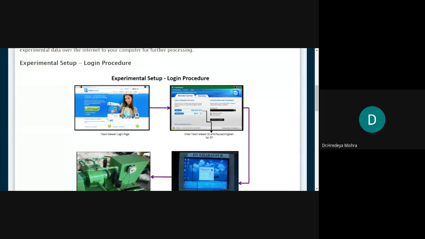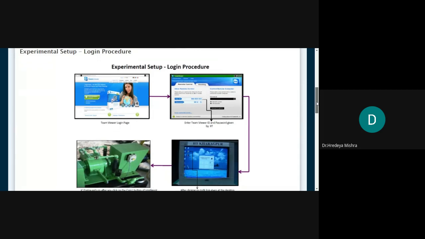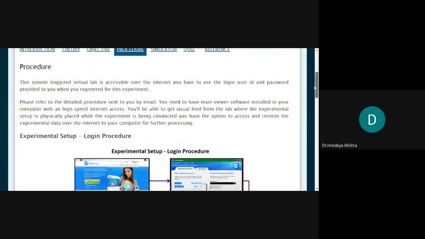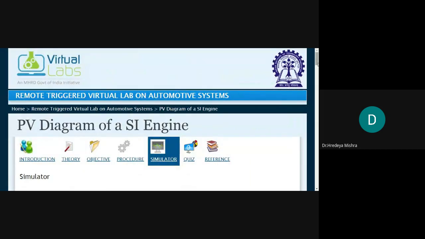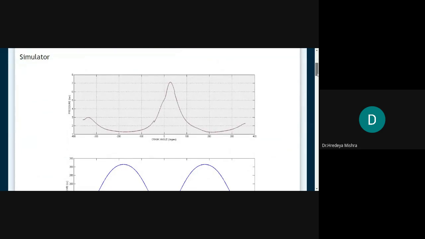Okay, so here what happened, there is unable to log in because this ID and password is provided by IIT Kharagpur. So we can skip this and we go to the simulator here,